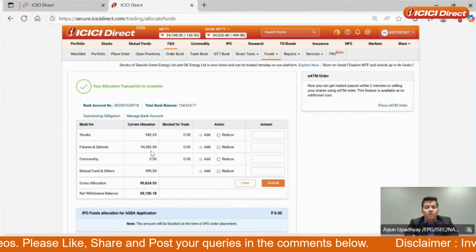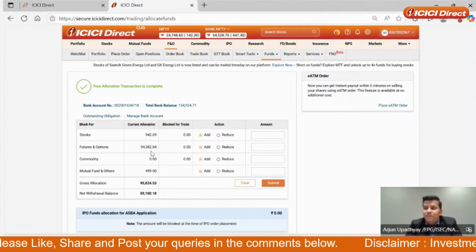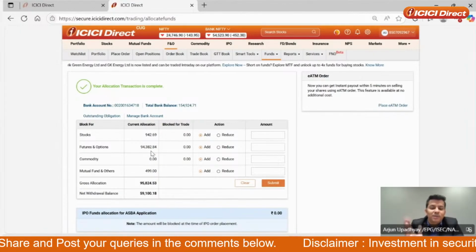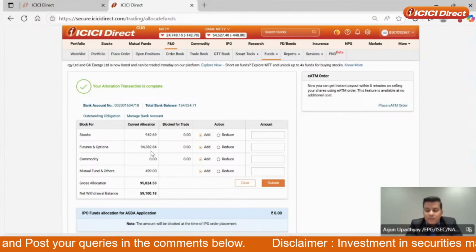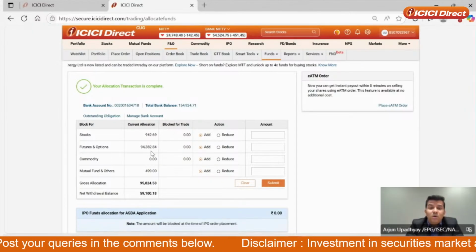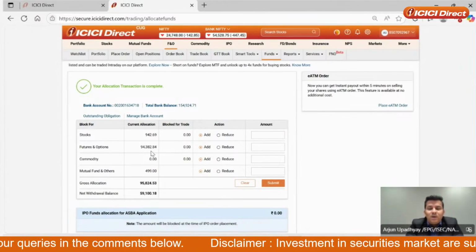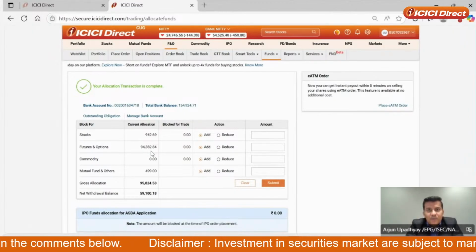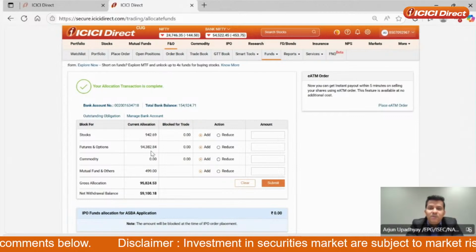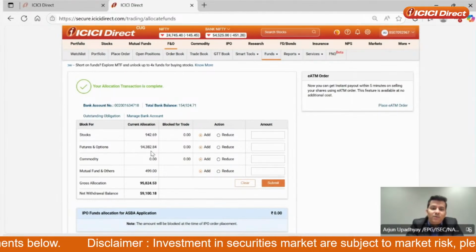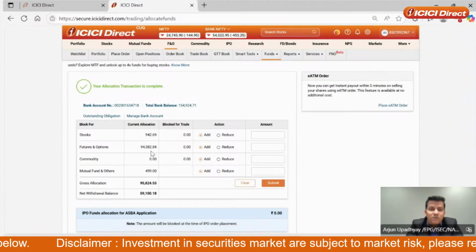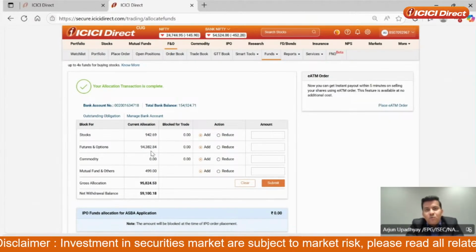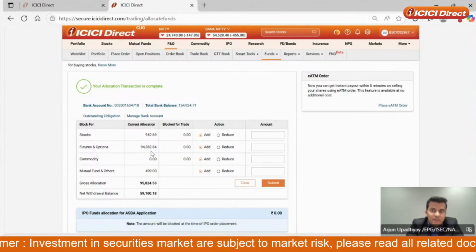Now, the reason we wanted to start with the screen is we have to be very mindful of the fact that when I'm allocating my funds in the ICICI Direct platform for say F&O, those funds are as of now not deployed in trades. They're just allocated. So what happens to these funds? Do I cease to earn interest or do I still continue to get interest? Because if this money was in my ICICI Bank account, I definitely would have earned an interest of say 2.5% on my savings bank account. So let me tell you, the money which I just allocated will continue to earn interest of 2.5%